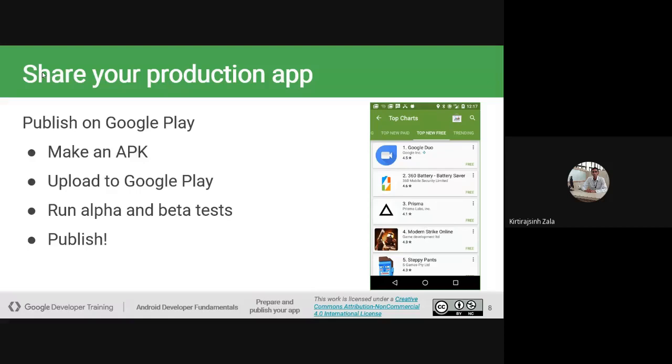You need to specify the category, whether your application is a game, a messenger, or any kind of social media chat application. Once you specify that, it will automatically be available in the Google Play Store.